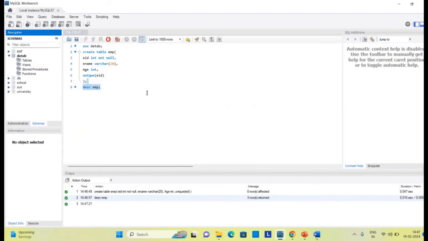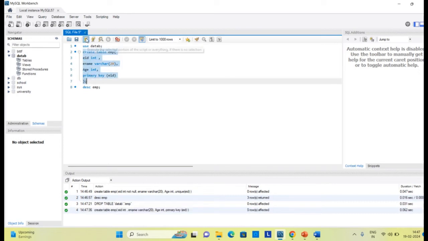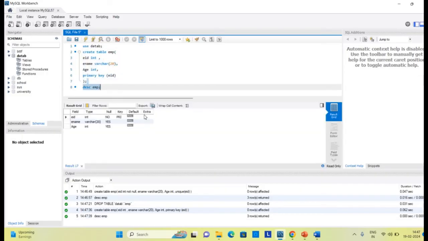I can write here EID int, and instead of unique, I will write primary key. I run this query to create the table, and I see the description of the table. This is the way I have created a primary key.